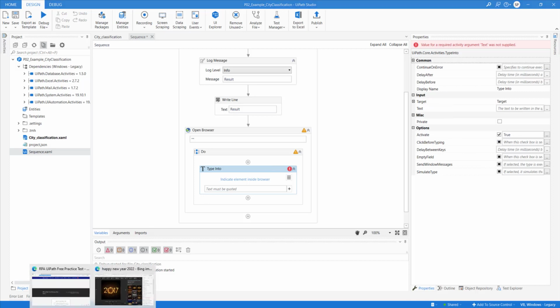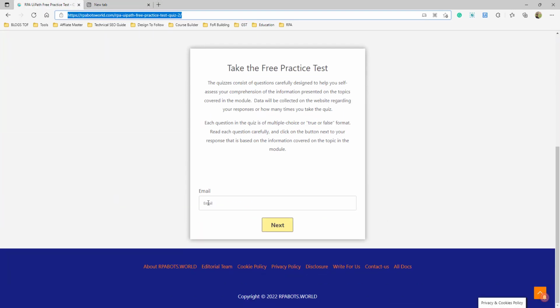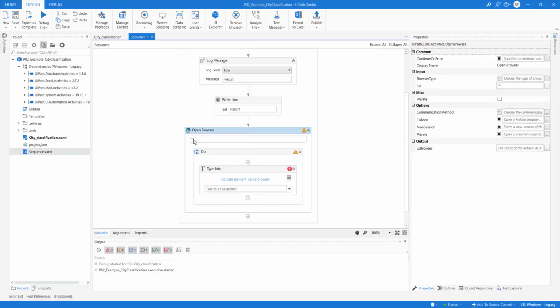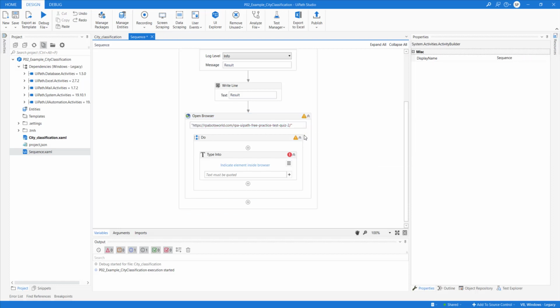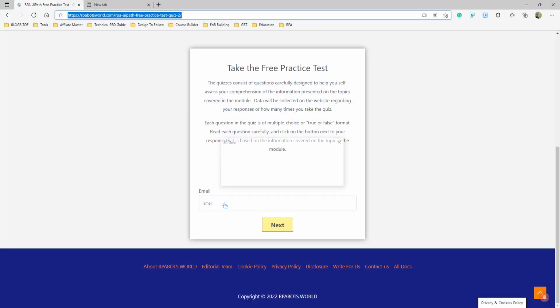So let's take an example of this one. I want to type here. I want to type into this, right? So in the open browser, I'll copy this URL, put it into here, right? And then you have to indicate inside a browser. So you need to go here and so